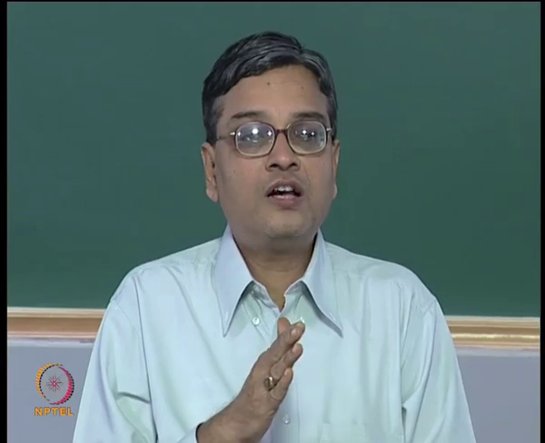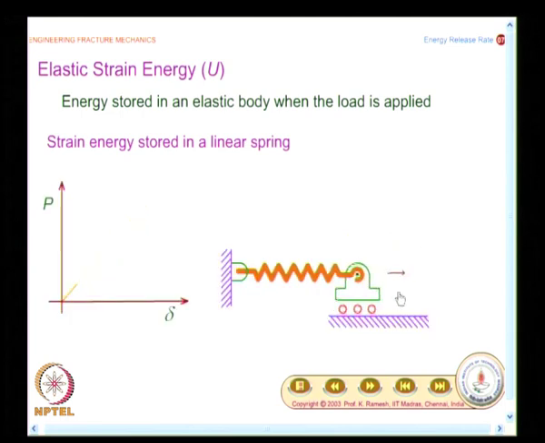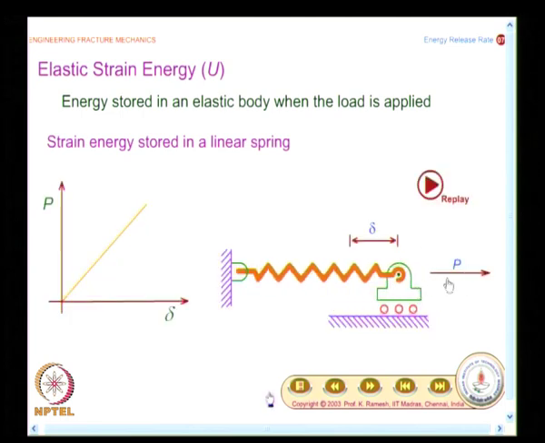Suppose I have a constant load acting, then the energy would be P into delta, the corresponding displacement is delta. In many problems in solid mechanics, when you show a final load, we implicitly assume that the final load was reached through a gradual process from 0 to the final value. This is very important. All these subtleties you will have to keep in mind. So, in the case of a spring also, we have carefully put the animation in such a way that P varies from 0 gradually. And you know what is the strain energy stored,